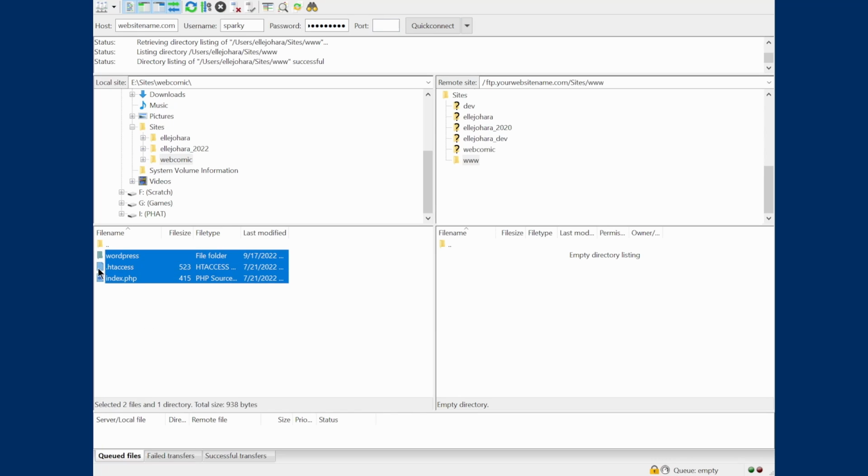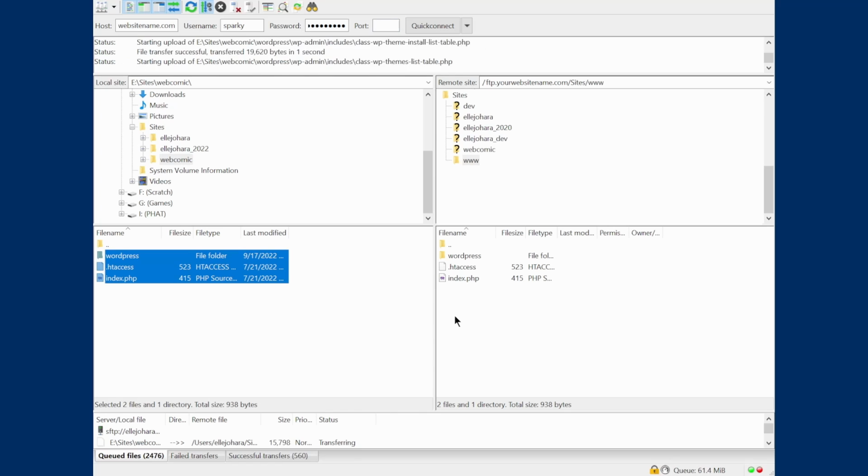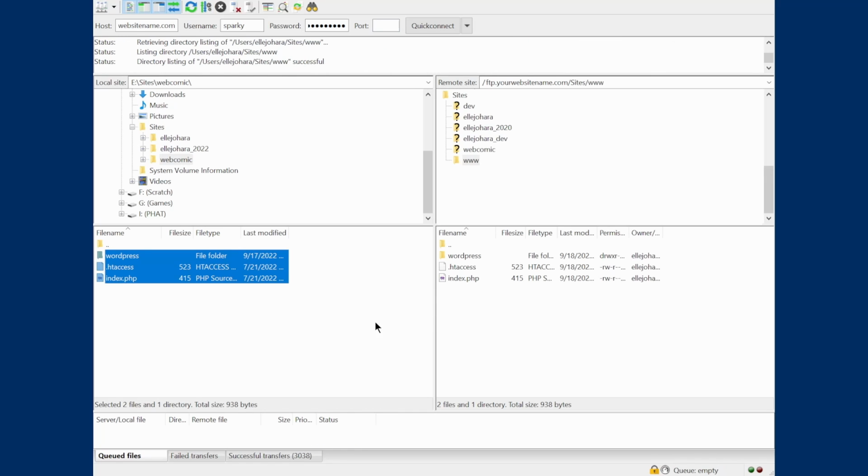Now it's a simple drag and drop to begin copying your webcomic site files to the internet. It'll take however long it takes, depending on your website size and your internet connection. But once it's uploaded, you can disconnect and check to see if everything is working.